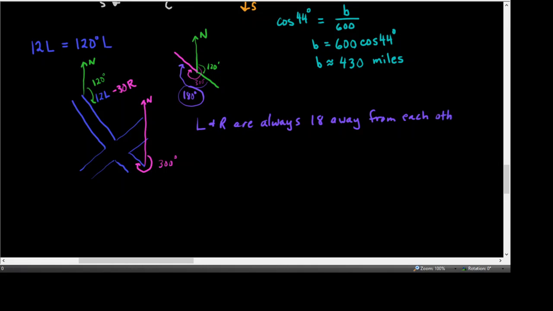So the R number would be 30. And the second question is, what direction is the plane headed at takeoff? Well, its bearing is 300 degrees. So the bearing is 300 degrees at takeoff, which is roughly,